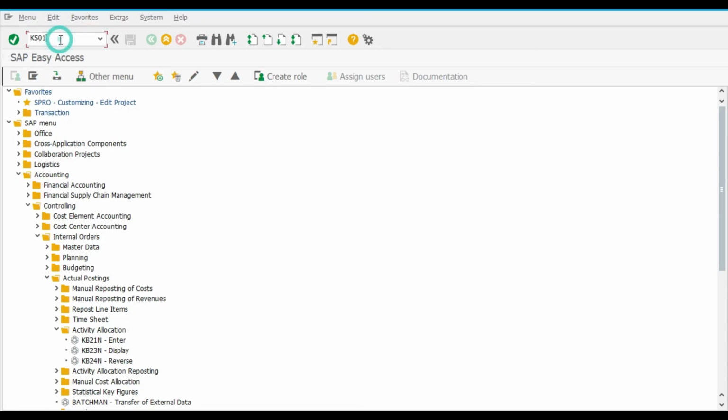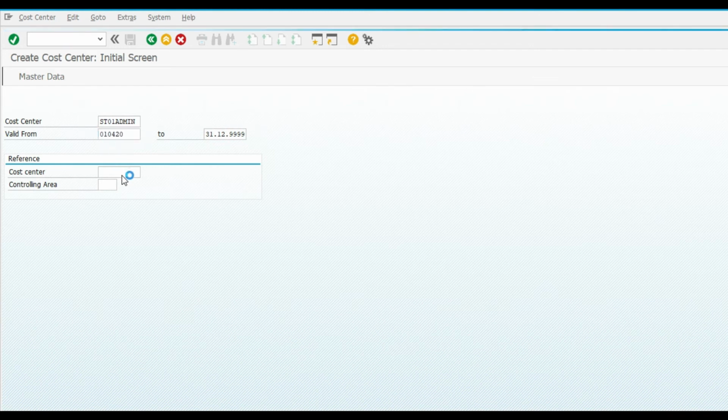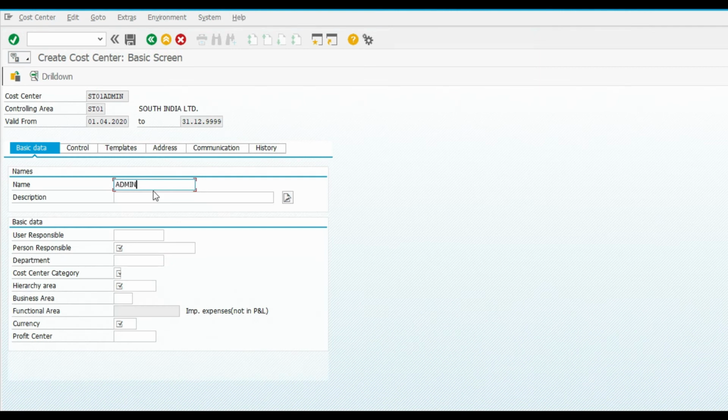KS01. Then ST01 admin. Create admin department. Select admin department, person responsible ST01.